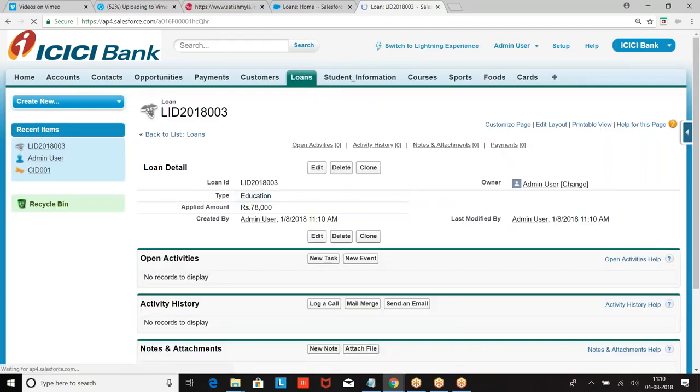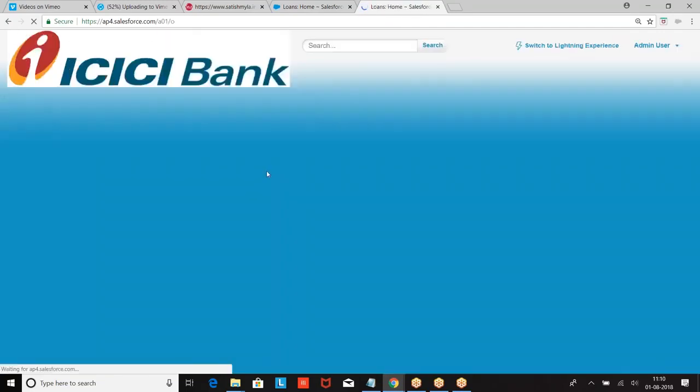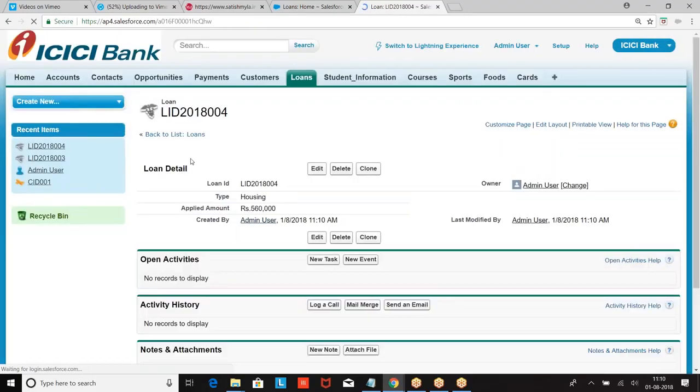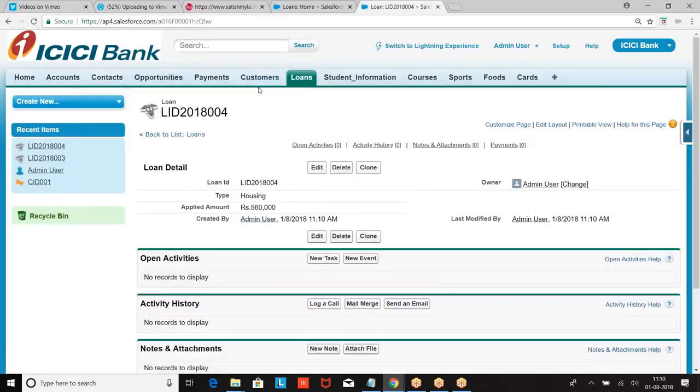Some data is there. Some loan records are there. Now I want to create customer as a master to the loan. I want to create a customer as a master detail field on the loan. But already loan object has some data.